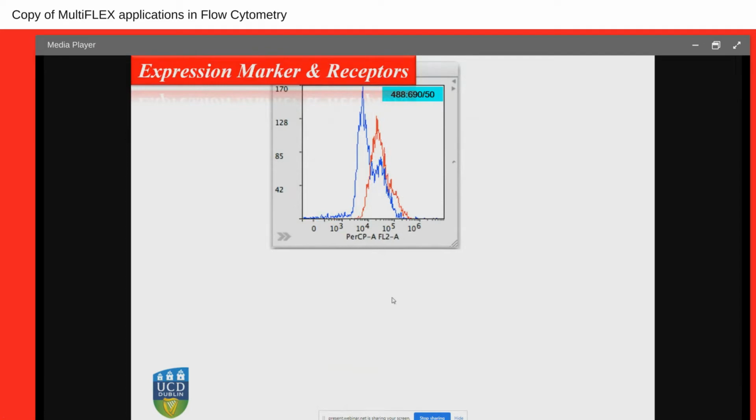This is another example where we are looking at some particular detection of receptors on the surface of my cells. And you can see the blue line is my control, and it is giving me 2 peaks. The autofluorescence is not equal. Your cells are growing, expanding, proliferating, doing things, so the autofluorescent level will not be the same. It's heterogeneous. Anyway, we have the marker, and we can see a clear increase on my detector using this laser